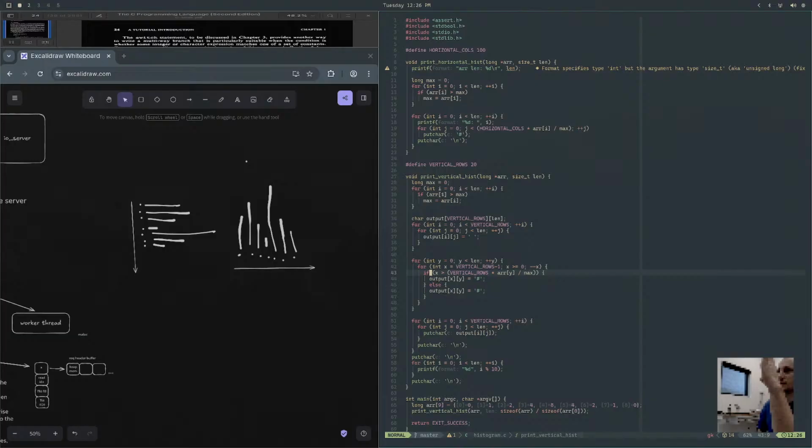So say it was at 100, or say it's 20, and 20 is the max. So we get the value 20. So while x is less than the value 20,